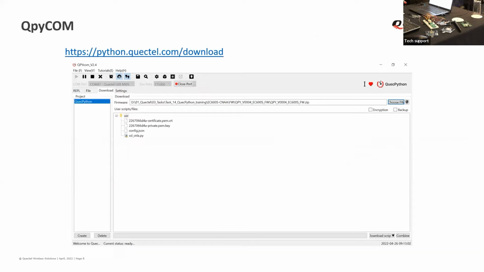Okay, the next slide is actually for QpyCOM. On this link, which I will send to you, you have QpyCOM and you should download the zip file. In the zip file, you have an executable file. You should not install anything, but just click on that file and you should get this tool from which we download and flash the firmware.